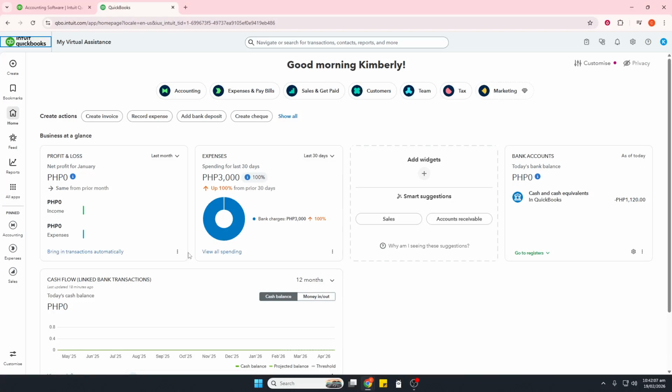In today's video, I'm going to teach you how to print checks from QuickBooks Online. We'll walk through creating the check inside QuickBooks Online and then printing it on your check stock. Before you begin, have your check paper ready and make sure your printer is working properly. Most businesses use voucher-style checks, which QuickBooks supports, but any compatible check stock will do as long as it matches